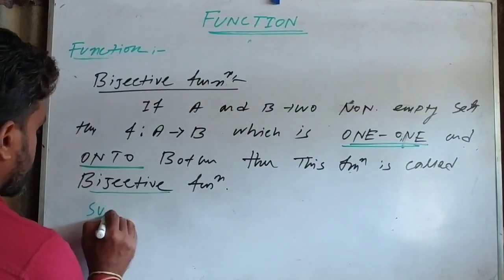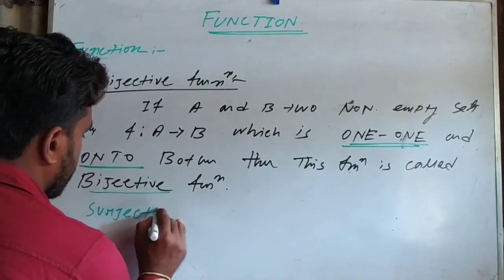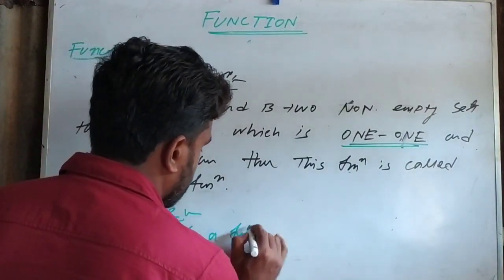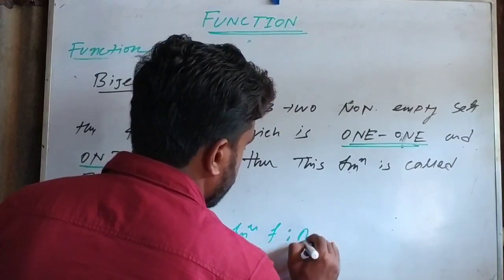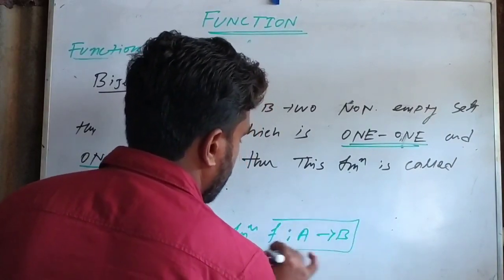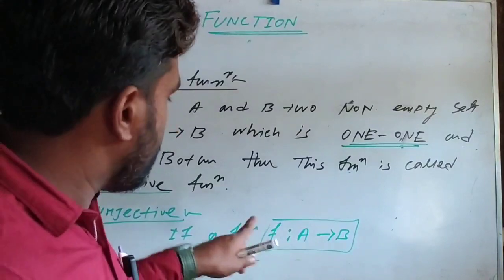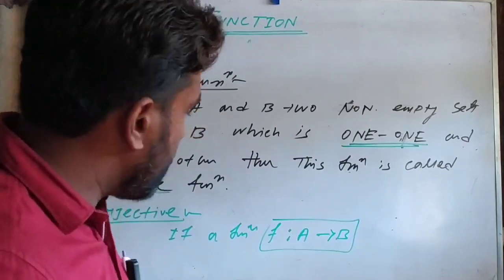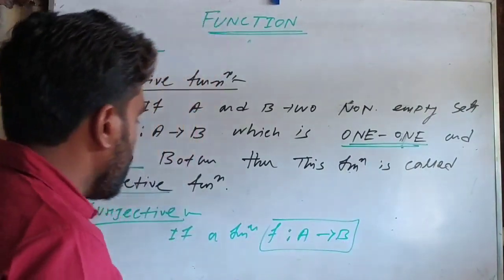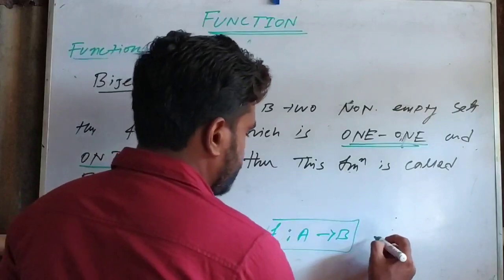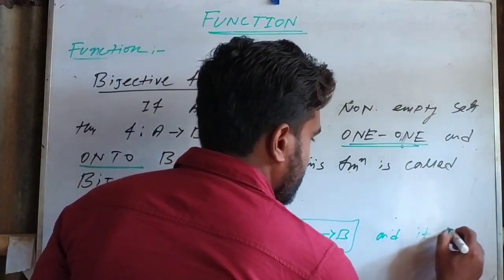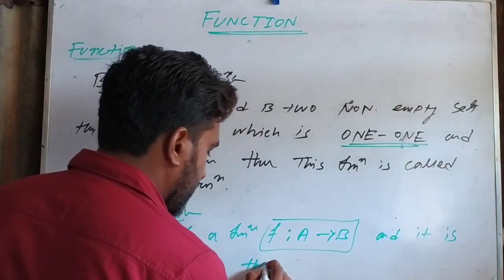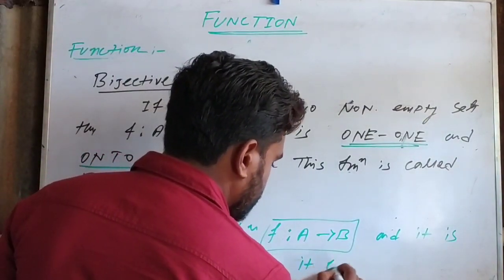Surjective property, what? Surjective property. If a function f such that a to b, this is the style of writing a function as well. Function from a to b. A function is working from a to b. A is the input set, b is the output set. If a function f such that a to b and it is onto, only onto, then it is called